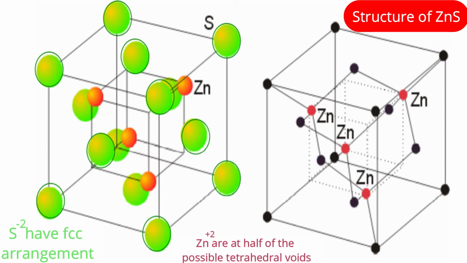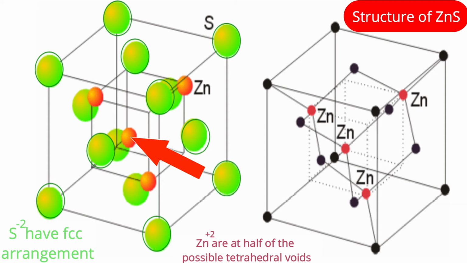That is the kind of arrangement you will find. Can you imagine those diagonal arrangements? We will feel as if those are perpendicular to each other from the top. If you find one corner occupied by a zinc ion, the nearest corner will not be. The next corner will be. The nearest corner will not be. Next corner will be. Likewise, a spacious arrangement is there for zinc ions, and those are occupying tetrahedral voids.